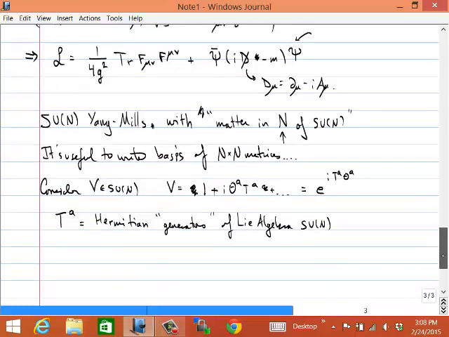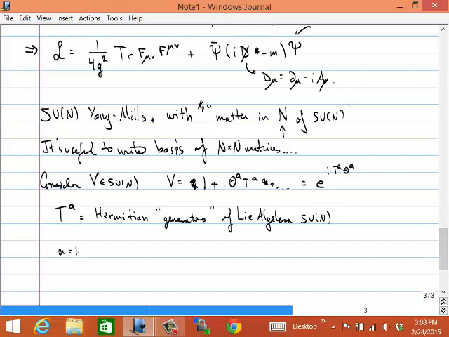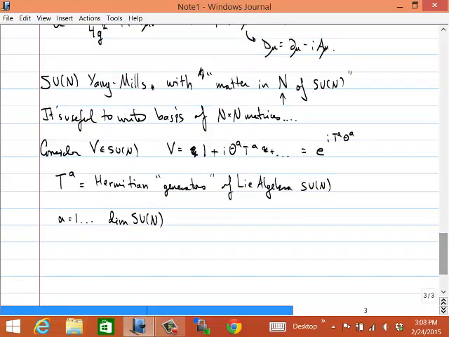And A here is an index that runs from 1 up to the dimension of SU(N). So the group SU(N) is a group of n by n matrices. It has a dimension just like any other space, and it's a dimension that we'll compute in just a second. And as we introduced very briefly last time, because these T^A are supposed to form a complete basis, when you exponentiate them, you're supposed to get any SU(N)